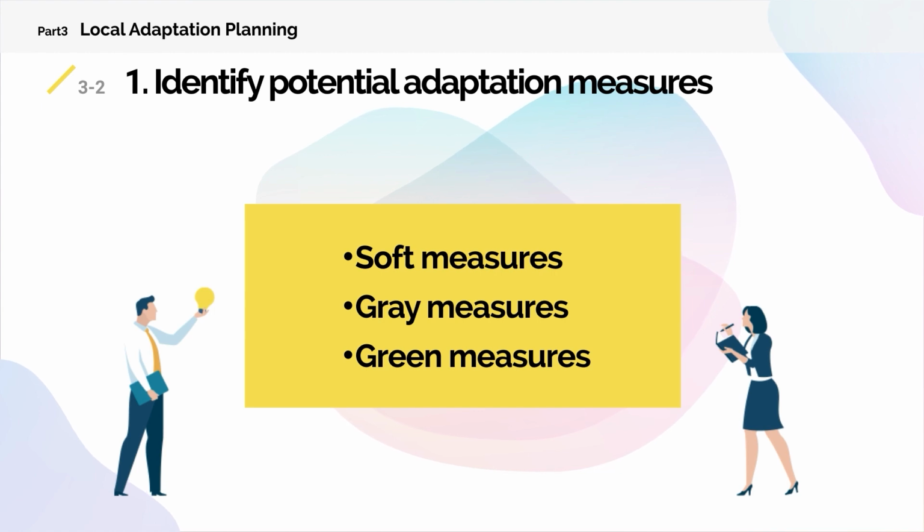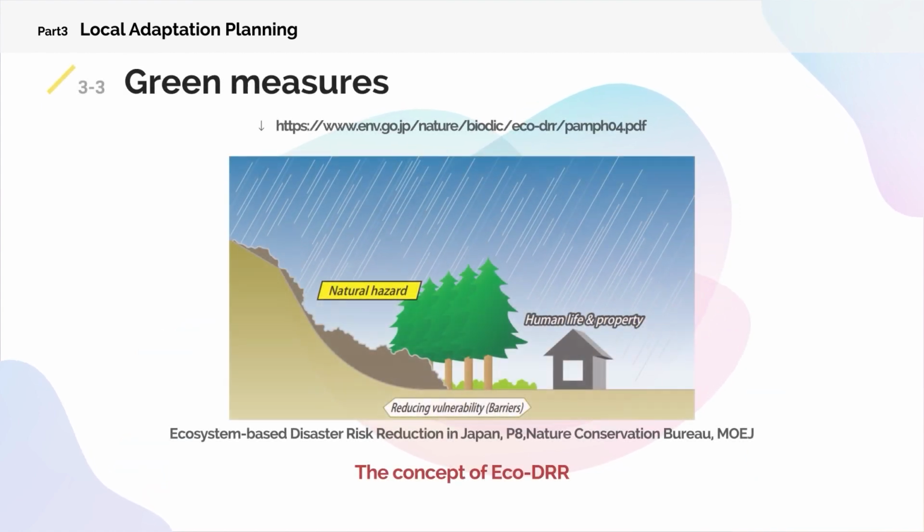Now, what exactly are green measures? Green measures are DRR measures based on ecosystems. They refer to a method that utilizes pre-existing resources in the community and capable of constituting effective countermeasure. Examples include safety forests to prevent landslides and flood control forests to protect riverbanks from erosion. Another example is the use of natural topography to divide flows of water and reduce their force by rerouting them